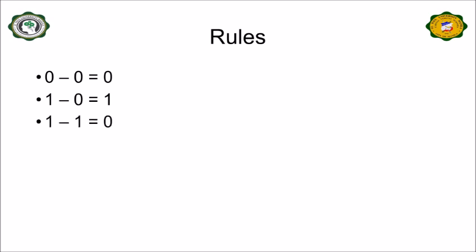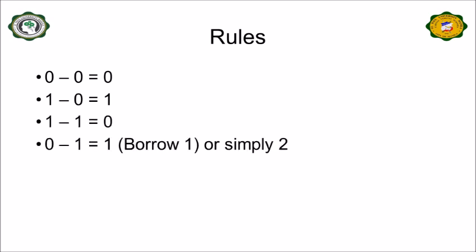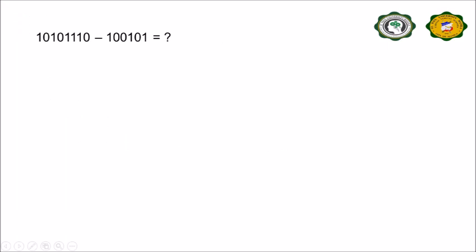Binary subtraction. In binary subtraction, the rules are 0 minus 0 equals 0, 1 minus 0 equals 1, 1 minus 1 equals 0, and 0 minus 1 equals 1, and borrow 1, or simply 2. In this example, you have to subtract 100101 from